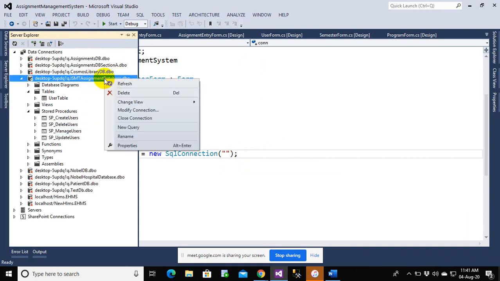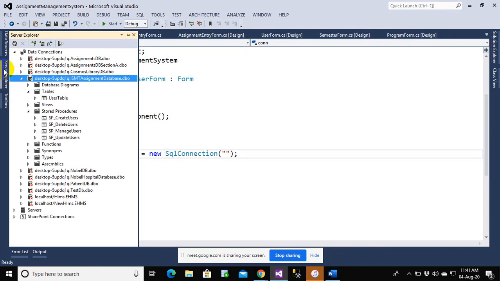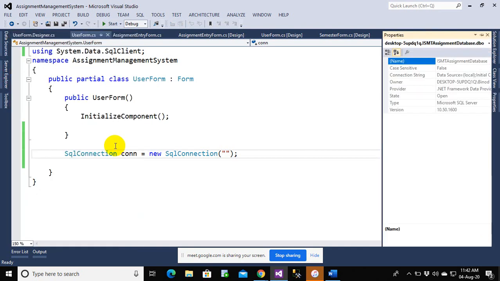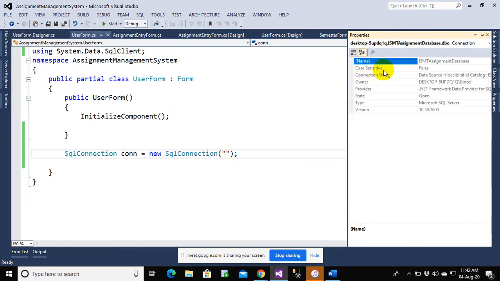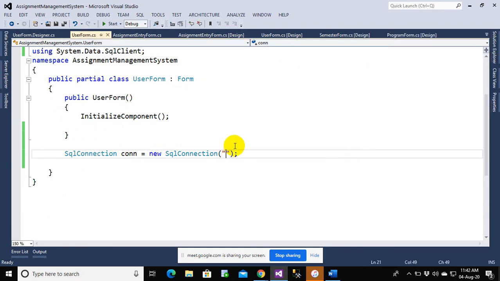If you right click on your database and go to the properties, I repeat it again everyone because this might not be easy for you. You might see a list of properties out here, and out of the different properties you might see there is something called connection string, and I am interested in this connection string everyone. So let me just copy this connection string, Ctrl+A and Ctrl+C, and let me paste it over here, and let me try to explain what these are.